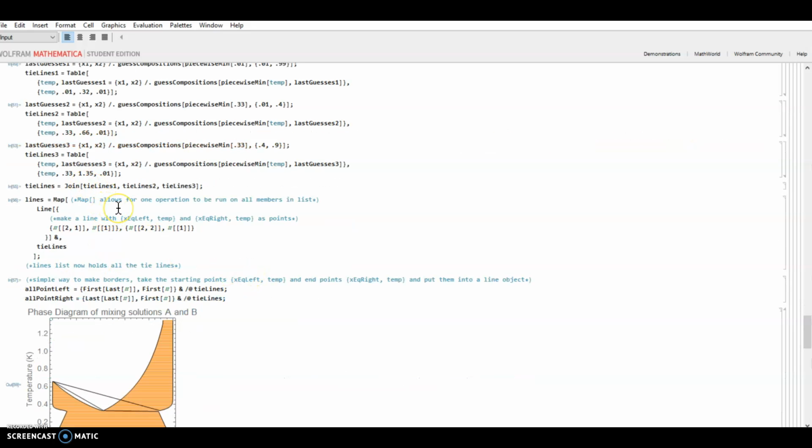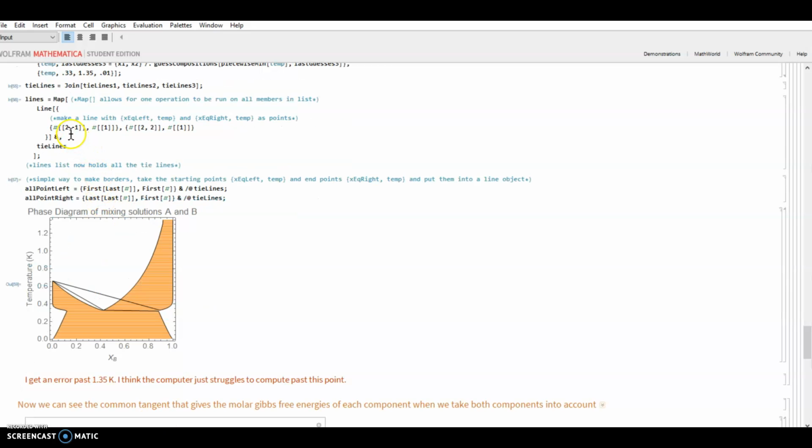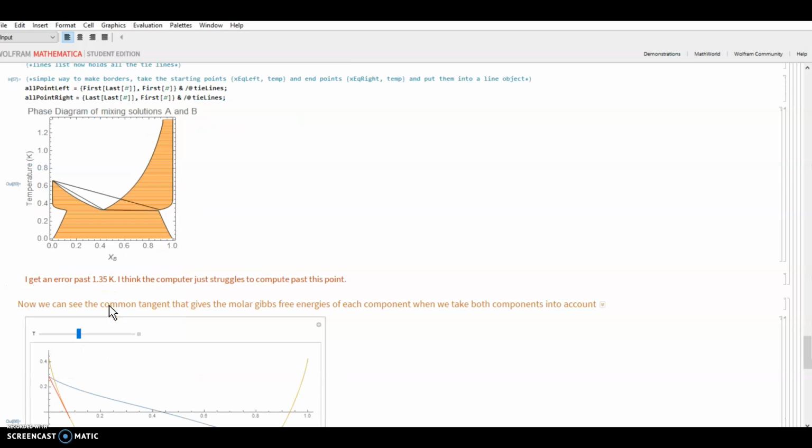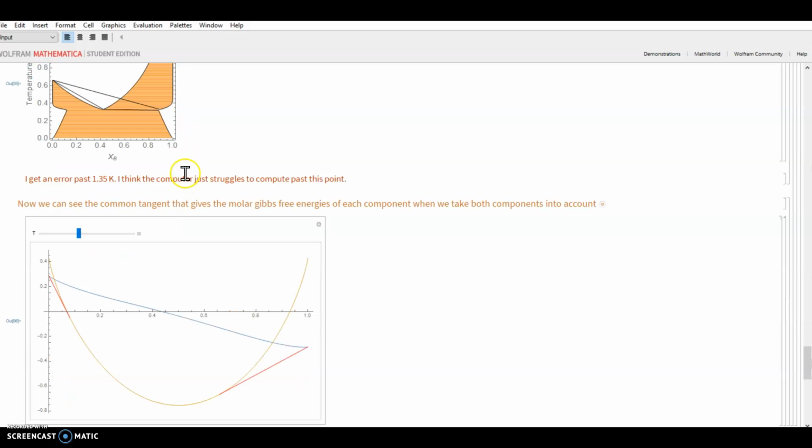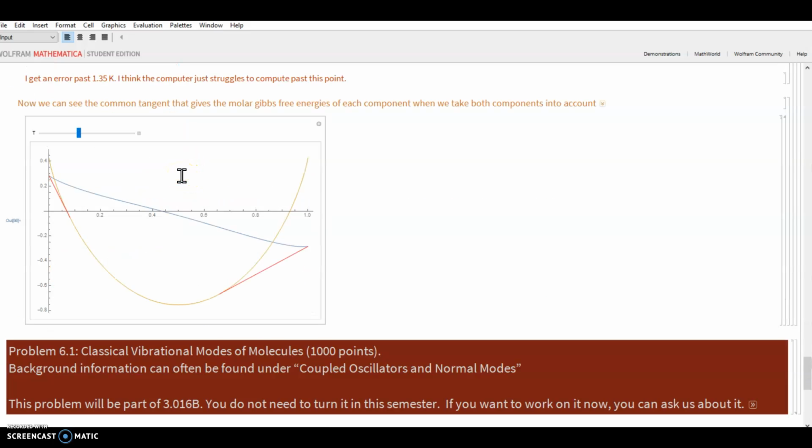Finally, I used some of Professor Carter's code, which generates a tie line between the 2 points of every tie line in this tie lines list, and then plots them. So this is the phase diagram that we get. We see there's a blue region here and here with the spinodal that we expected. And then there's the orange phase up here with the 2 phase regions of orange and blue here. Finally, we can see the common tangent that we calculated,